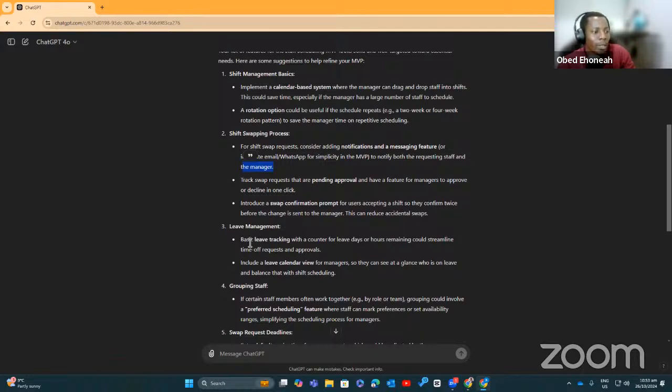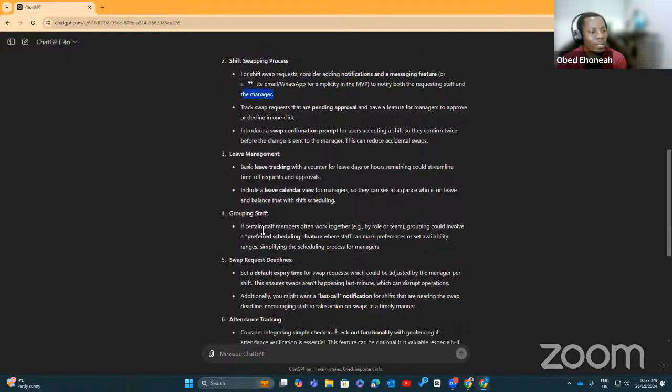That's a good point. Basic leave tracking with a counter for leave days or hours remaining could streamline time off requests and approvals. Include a leave calendar view for managers so they can see at a glance who is on leave and balance that with shift scheduling. Grouping staff: if certain staff members often work together, for example by role or team, grouping could involve a preferred scheduling feature where staff can mark preferences or set availability ranges, simplifying the scheduling process for managers.